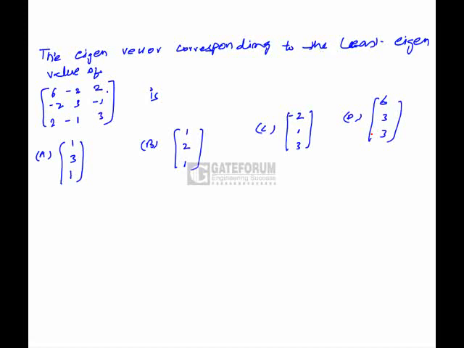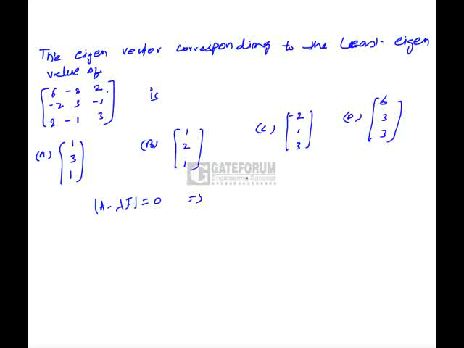In this question, the matrix is given and we have to find the eigenvector corresponding to the least eigenvalue of the matrix. If lambda is an eigenvalue, then we know that the determinant of A minus lambda I is equal to 0. If we find A minus lambda I, where A is the given matrix,